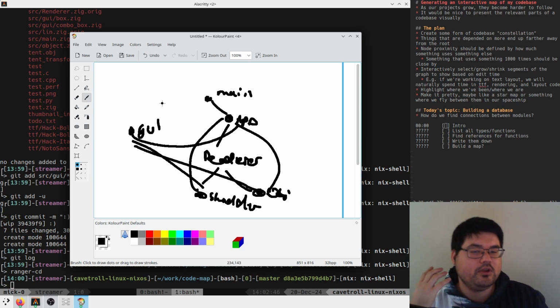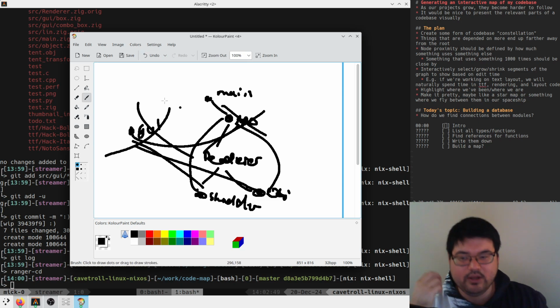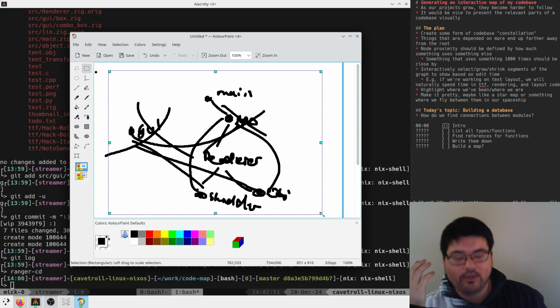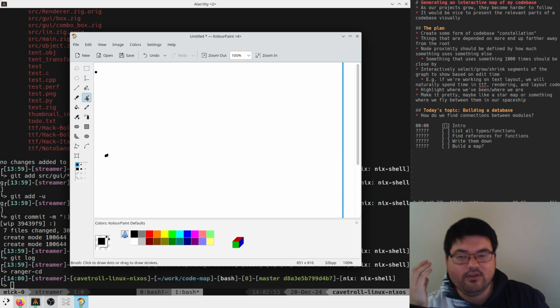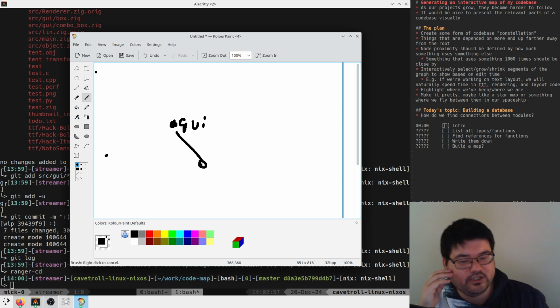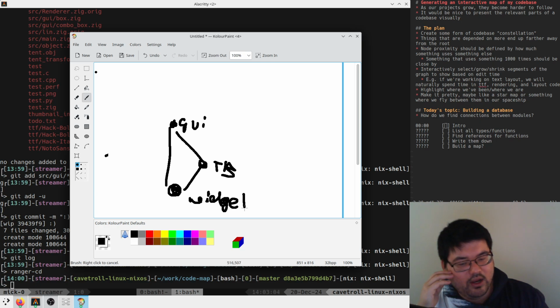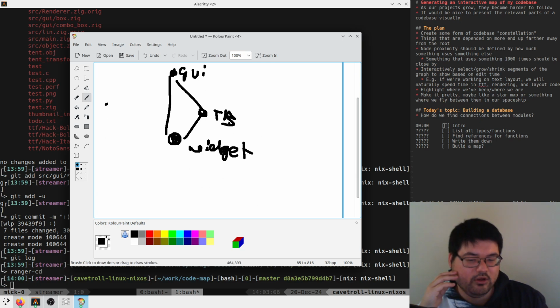but it would be nice to be able to draw this tree and then cut out pieces that aren't relevant for today, right? So if we're working on just text box stuff, we'll be like, okay, well, we're mostly in the GUI area, right? And the GUI talks to text box, and both of these talk to the widget API, right? And when we're working on text boxes, we might be looking at text rendering